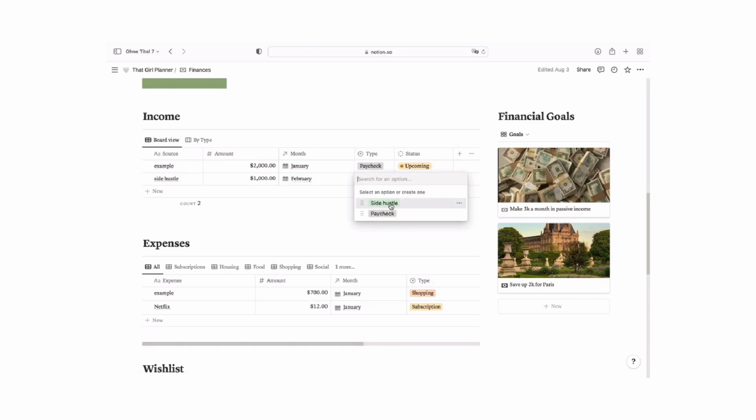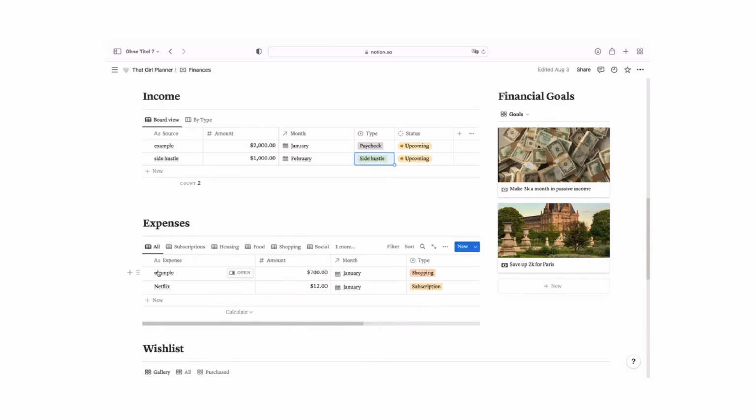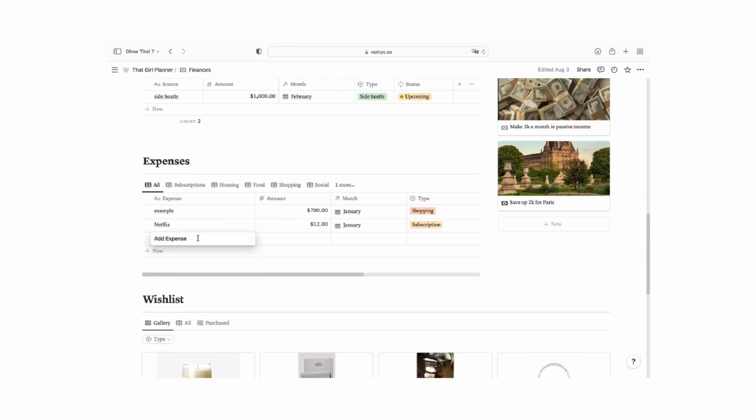Here you can put in a type. So I put side hustle right here, and then the status is for you. And then down here where it says expenses, I already have different examples, like $700 for shopping, or Netflix, $12, for example, a subscription. But I'm just going to add a new